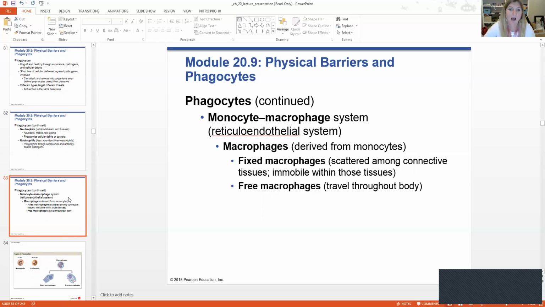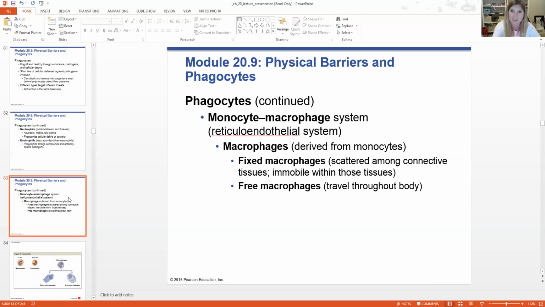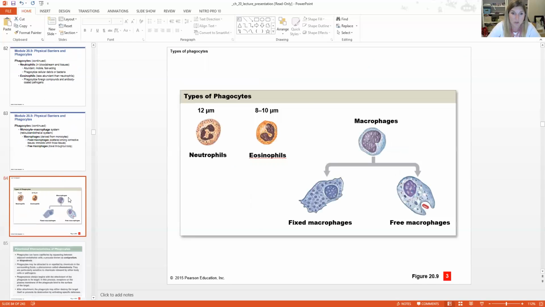Sorry about that. The fixed macrophages are basically immobilized within connective tissues. The free macrophages can float along in the body, and they can actually move into and out of being fixed or free. So they can lodge themselves in the connective tissue or dislodge themselves as they need to be. And again, the macrophages, you can just think of them as big old Pac-Man floating around trying to gobble